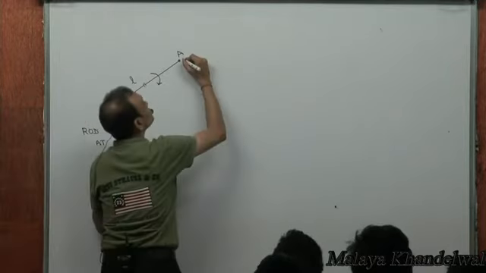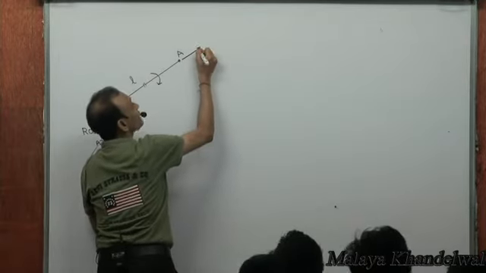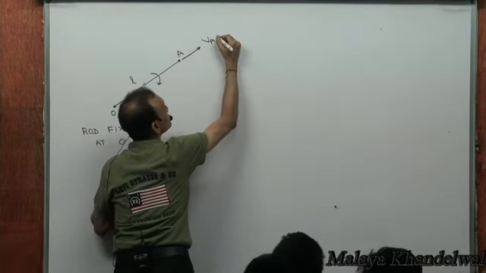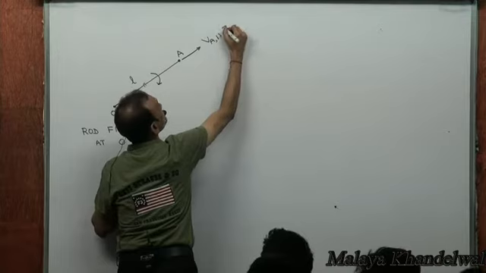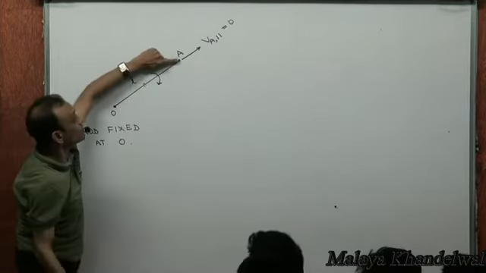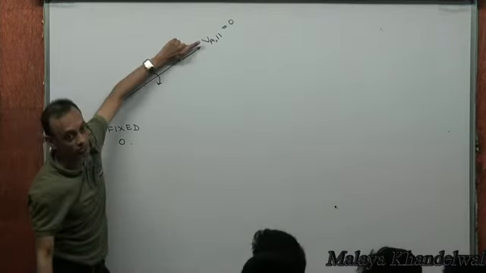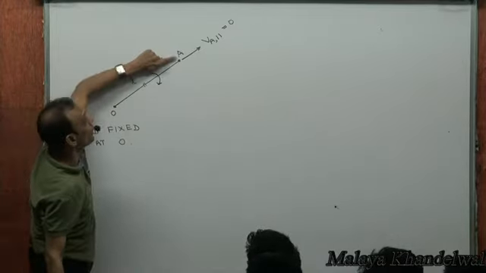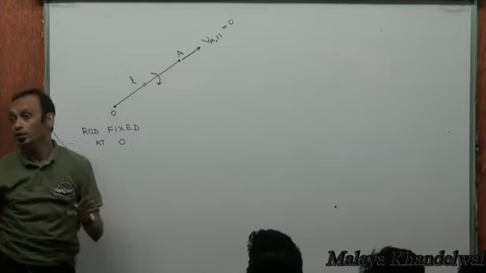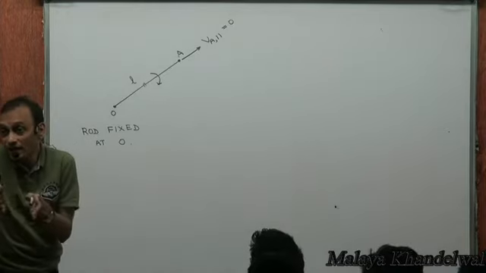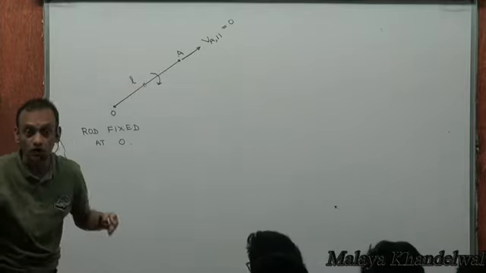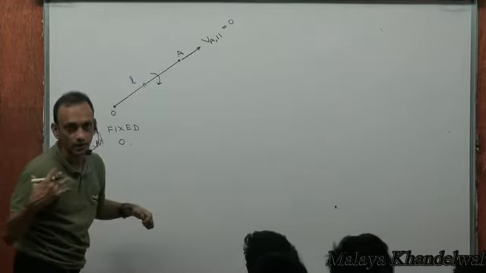Then the velocity of A in the parallel direction, along the rod, will be 0. Why? Because if the velocity of A in this direction was non-zero, and the velocity of O being 0, then the velocity components of O and A along the rod would be different, and that would result in the separation between O and A changing with time, but that cannot happen. Do you realize that? I'll repeat now.